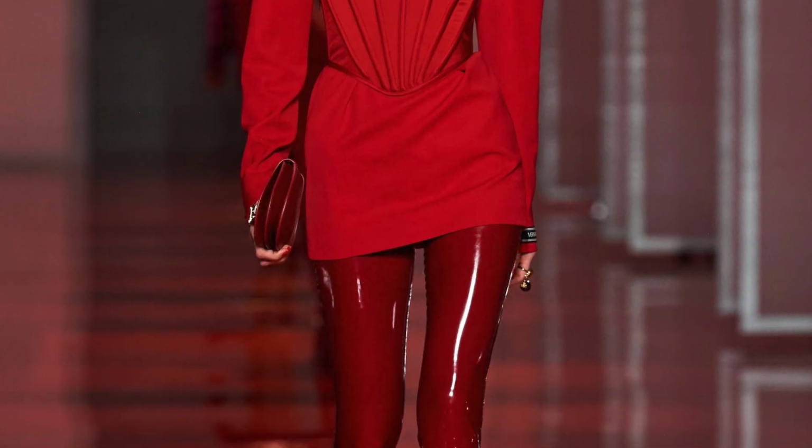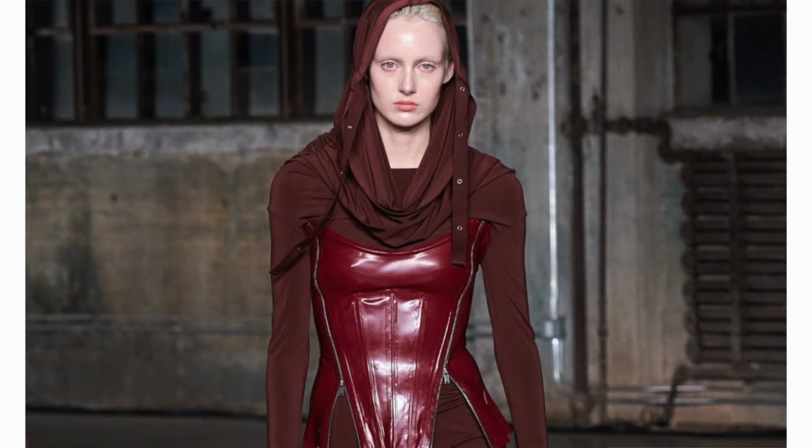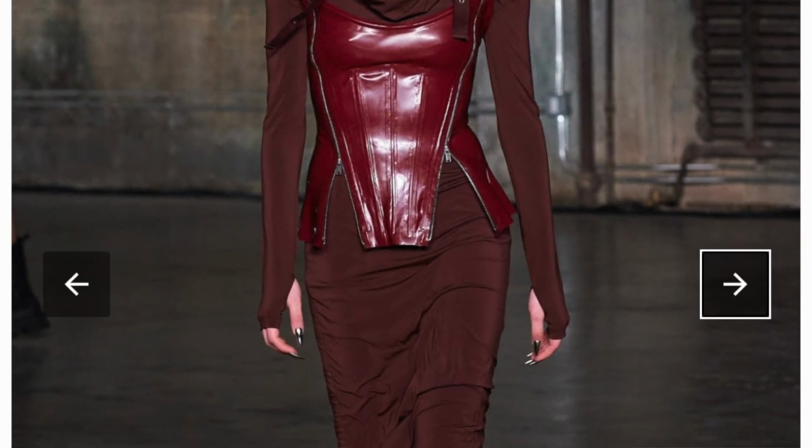I don't think I've seen anything red leather in most stores in the last few years. And now everywhere I look, I see something and I want it. Versace had some red leather. I don't know if they're pants, they're leggings or pants, I can't tell. Dion Lee did a red leather corset. It did more of a burgundy feel, so I feel like that makes it feel a little less 80s, but